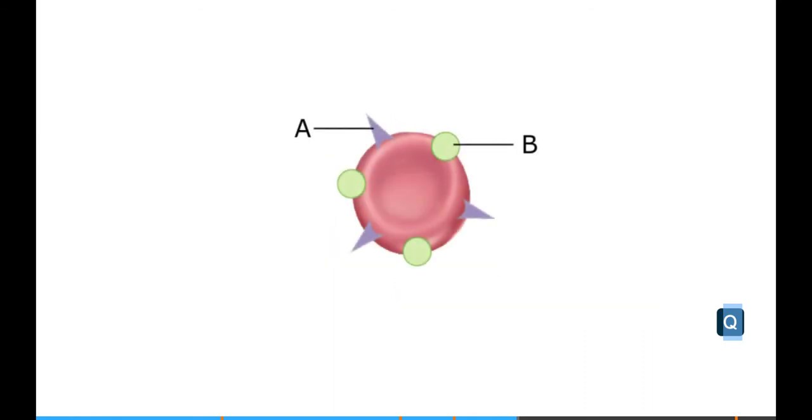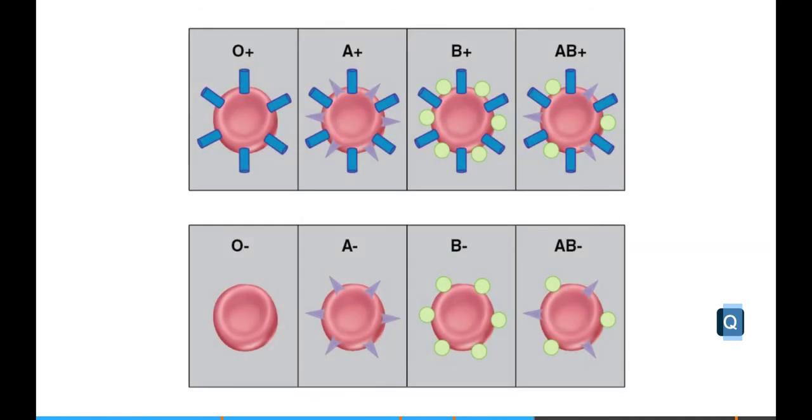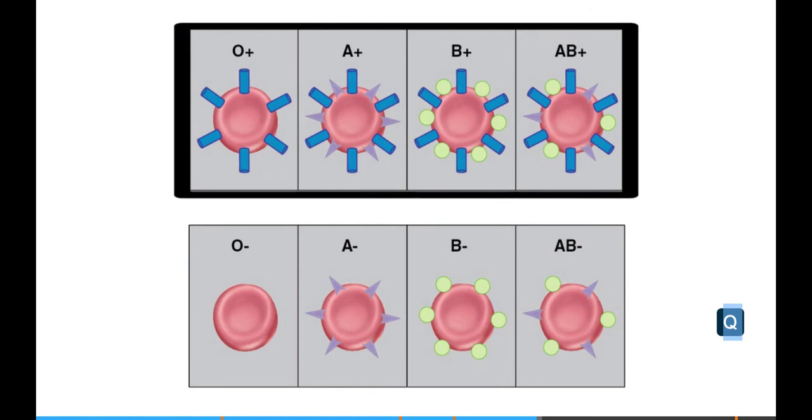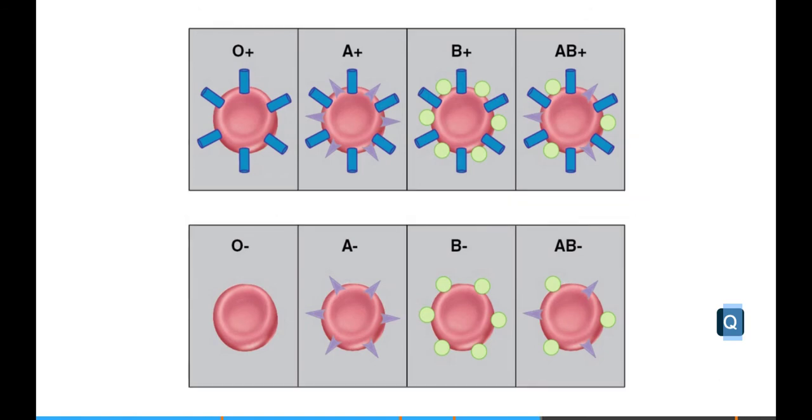If the Rh antigen is not present, the person would be Rh negative, and a minus sign would be added to the blood type. The red blood cell illustrated here is type AB negative. All ABO blood types can be Rh positive or Rh negative, which amounts to 8 different blood types listed on